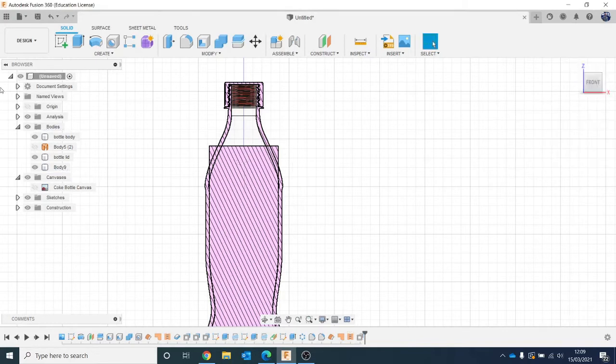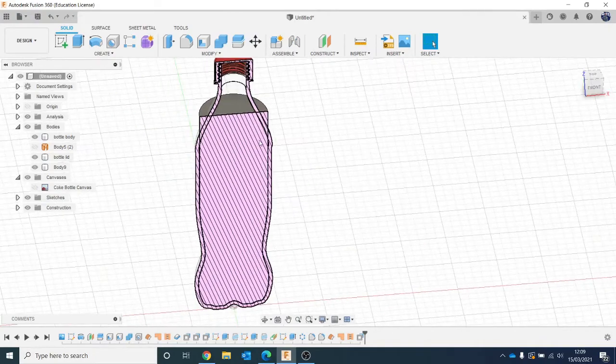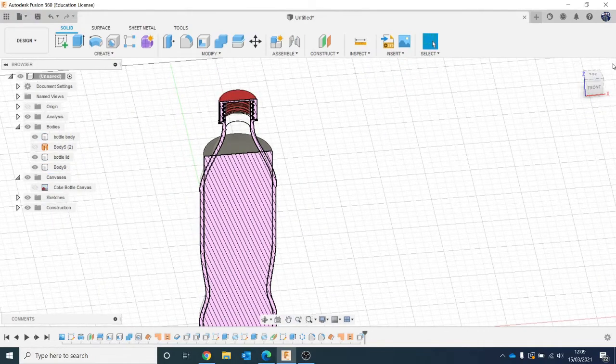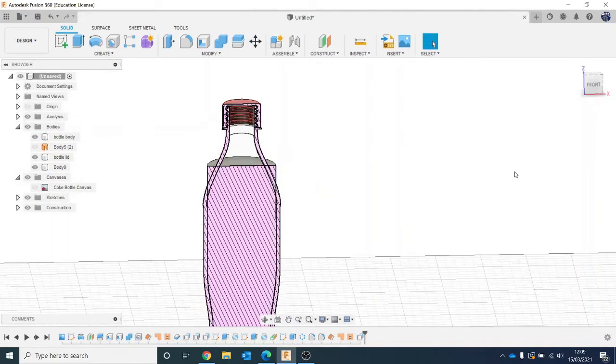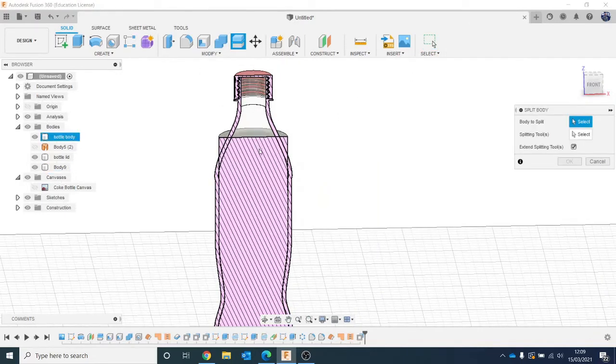Now, wait a second for it to finish loading. So you can see at the minute it's extruding past the lid of my bottle, which is no good. So I want to split this body. So I'm going to go to split body. Body I want to split. I'll click on